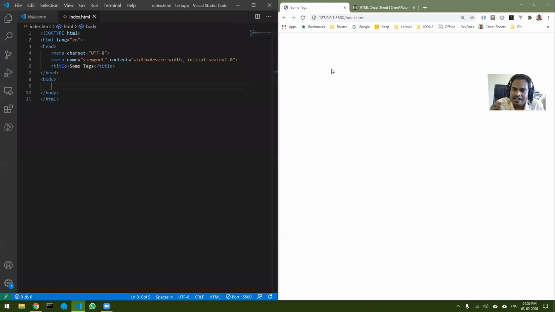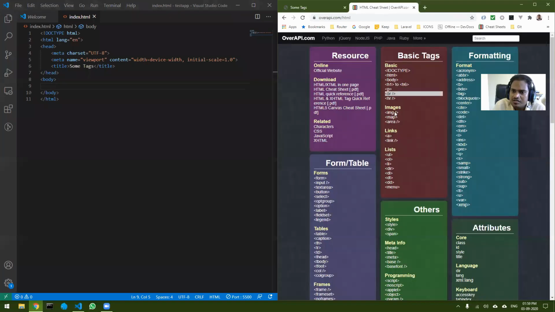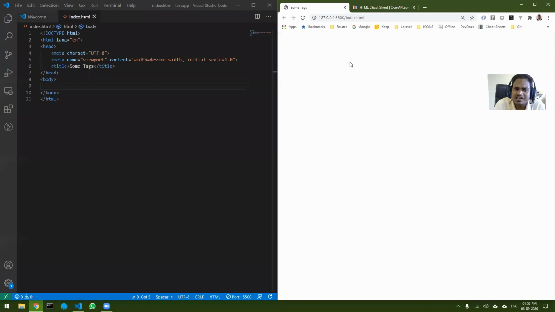That can be done with the tag called font also. If you look over here, there is a font tag also, but we don't use it nowadays, because those things are deprecated. We no longer use the font tag to change the font. We use CSS for everything.